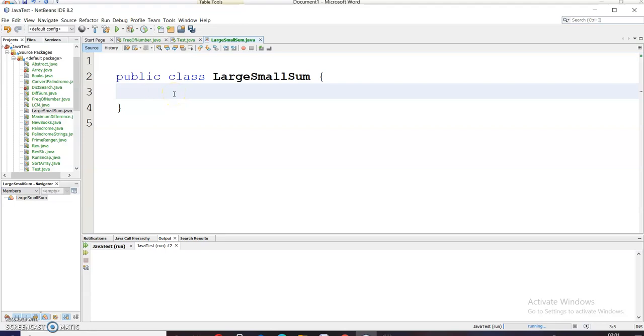So let's start coding, and we need to find the sum of the largest number and the smallest number from the second index at the even and odd positions. So first of all, I will define a main method. Say it is public static void main. It is always public static void main. Public static void main String args. I have forgotten to write static void, so: public static void main String args.